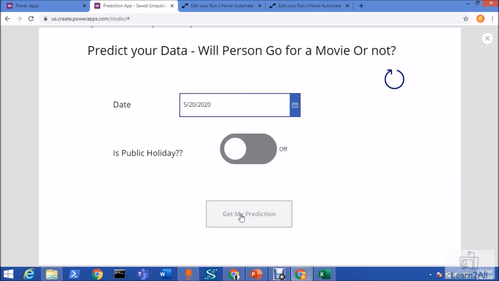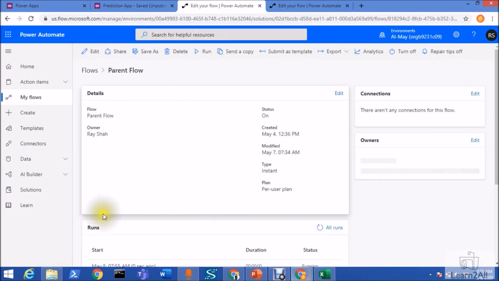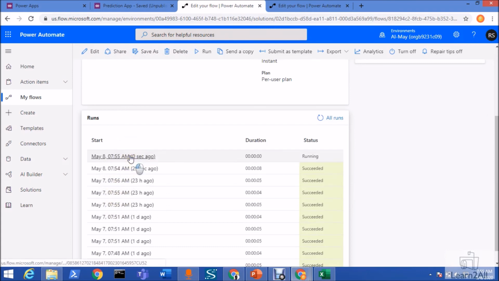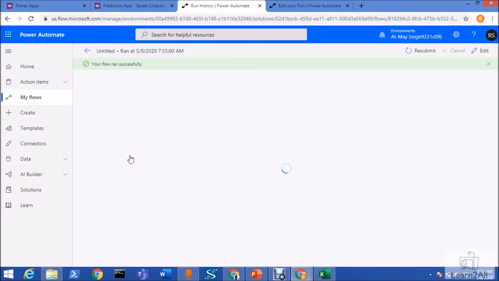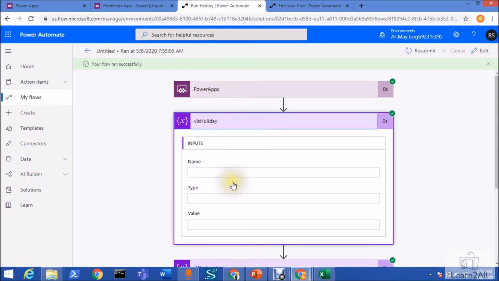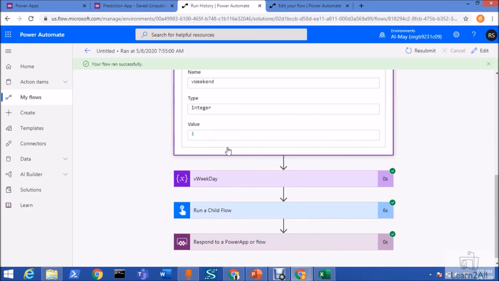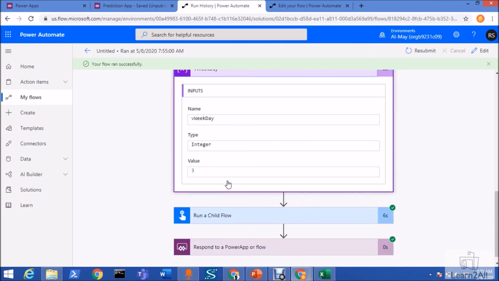Right, now let's say for an example, if I select any weekday like the 20th, and let me click on get my prediction. Now let me show you one more thing as well. My flow is running successfully over here. Once we hit that, currently we have selected Wednesday, so it automatically passes these input parameters to the flow: is holiday is 0, is weekend is 1, that means no weekend, and weekday, that was Wednesday, so it was 3.